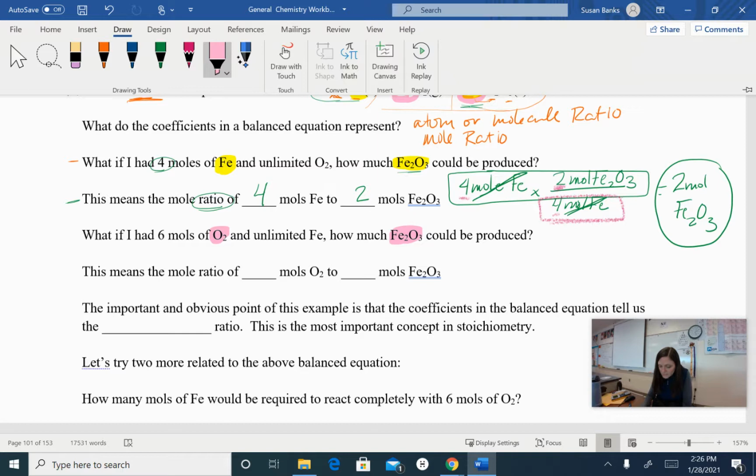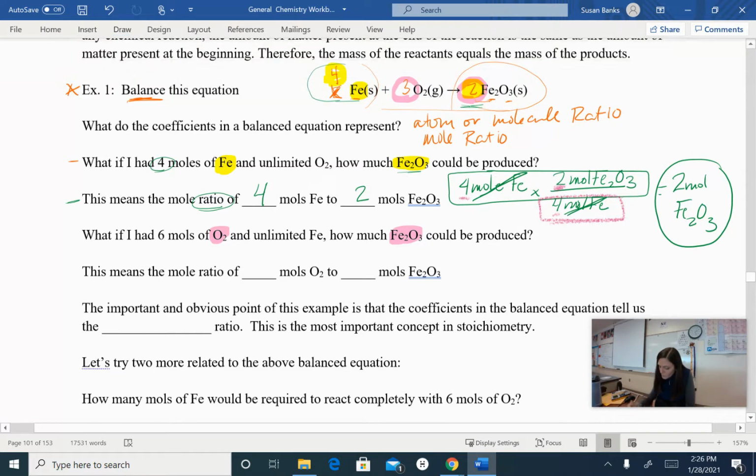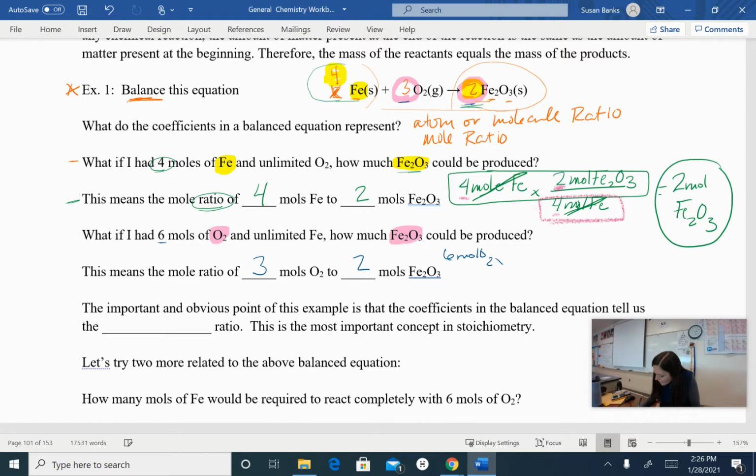So that means I have a ratio of 3 moles of oxygen to 2 moles of iron 3 oxide. So it's a different ratio because I'm looking at different things in the chemical equation. Okay? So we're going to start with our 6 moles of oxygen. And I want my moles of oxygen to cancel. So in the next step, my moles of oxygen needs to be on the bottom. So I'm going to grab this from the balanced equation. 3 moles of oxygen can make 2 moles